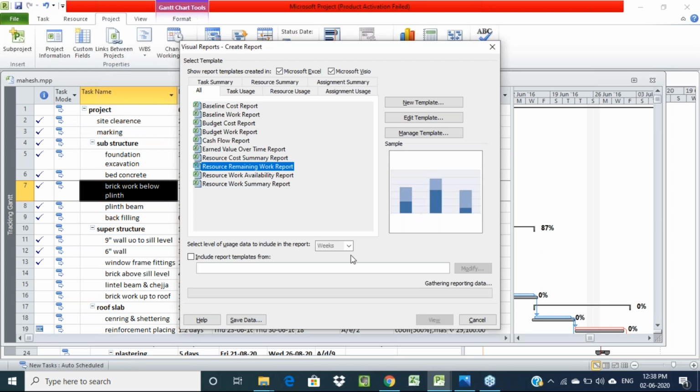What is the resource utilization, resource remaining work, all these templates in graphical format also we can see by using the reports option.